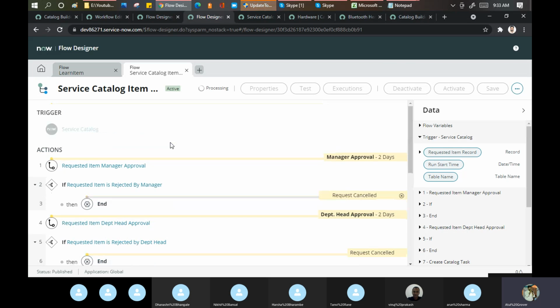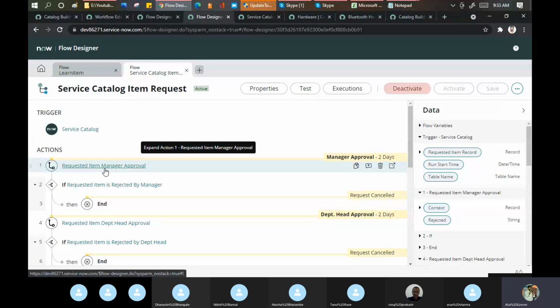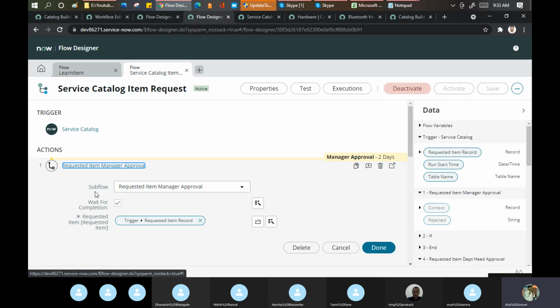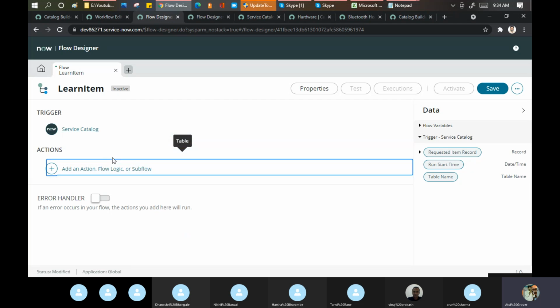Okay, let's see what they are saying. Trigger is on service catalog. Requested item manager approval, this is the name, and it is calling the sub workflow. Let me show you here. What does ServiceNow say here?